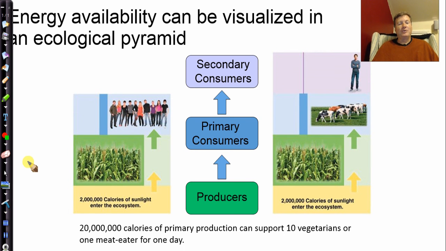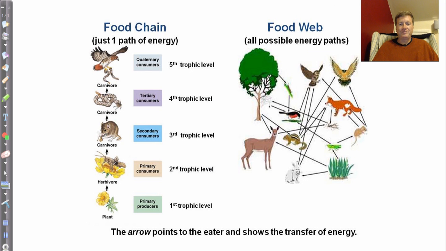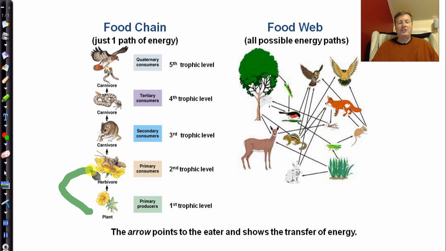And again, if you don't understand why, go back to the previous slide. 10% of 10% of 10%. We call this, oddly enough, the 10% rule. So just showing you, to wrap up here, a couple of relationships. This is demonstrating the food chain from a plant to a herbivore to a carnivore. These are some new words. Herbivore just means to eat plants. Carnivore means to eat animals.